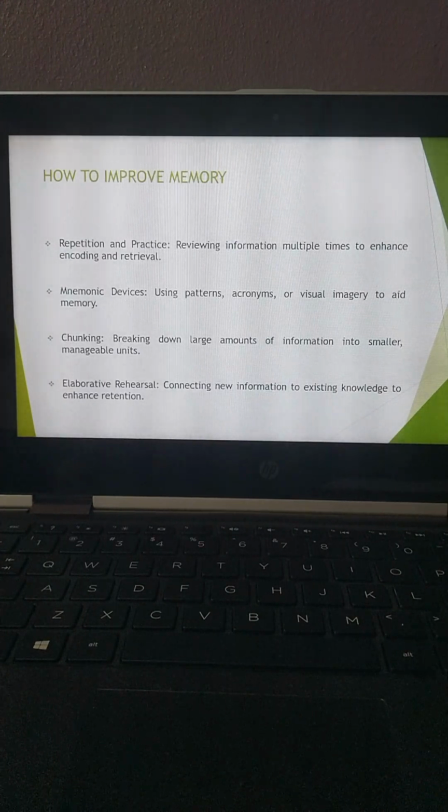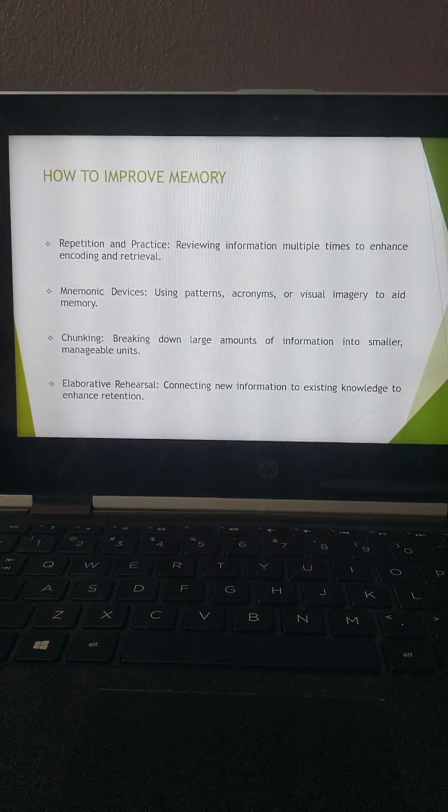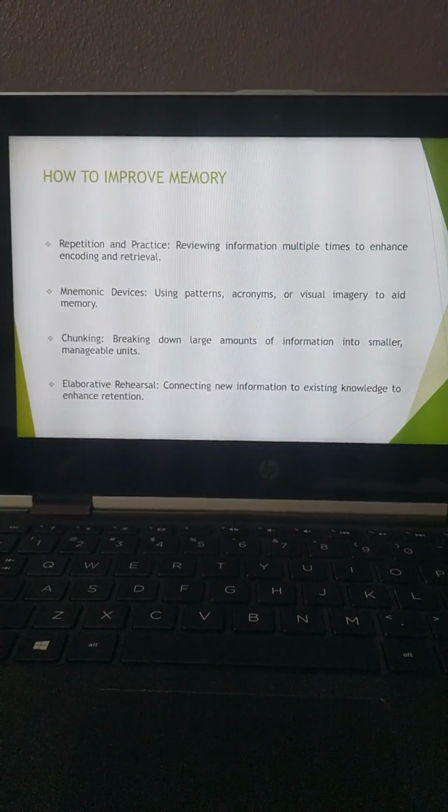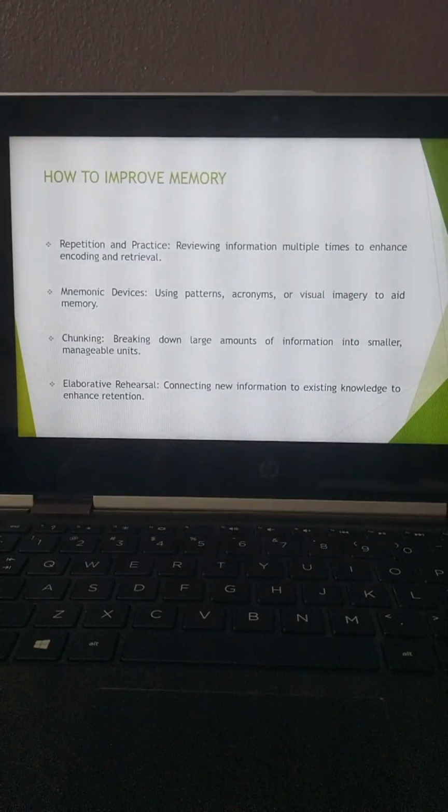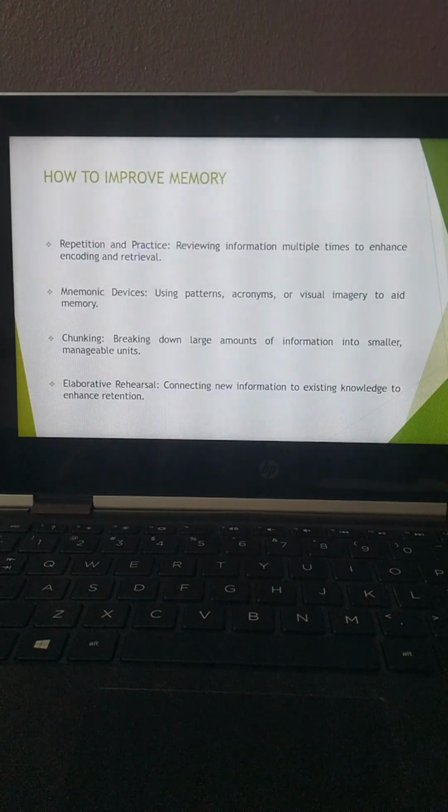The next is chunking. This is breaking down large amounts of information into smaller or manageable units for remembrance. We often use this a lot when reading or when studying. You could decide that, okay, I'll read these first 4 pages, summarize, and move to the next. That is known as chunking, breaking down the information we are trying to store into smaller units or smaller parts to aid better